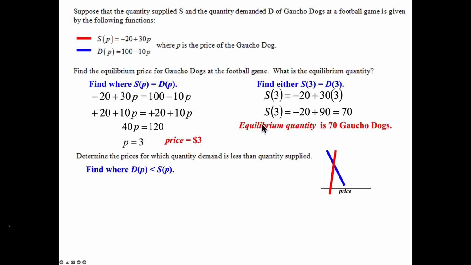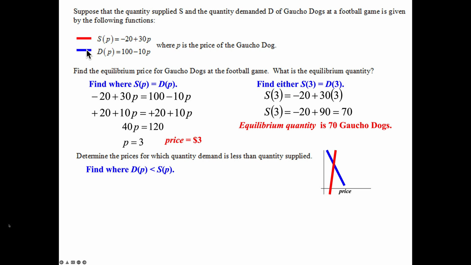So if I made a quick graph, we'll choose S of P to be in red, D of P will be in blue. P is the independent variable, that's my price, that goes on the x-axis. My gaucho dogs are here on the y-axis. So we want to know, when is D of P, the blue graph